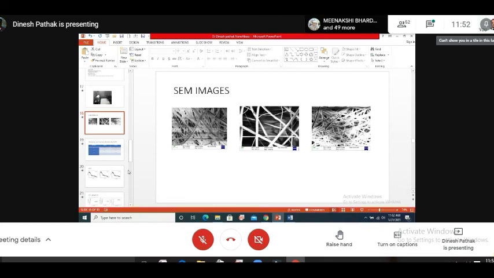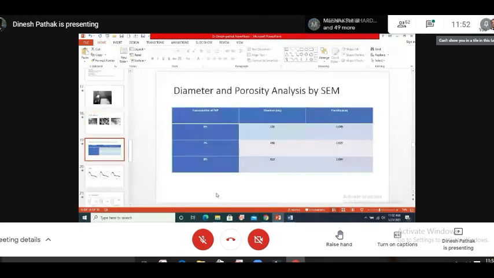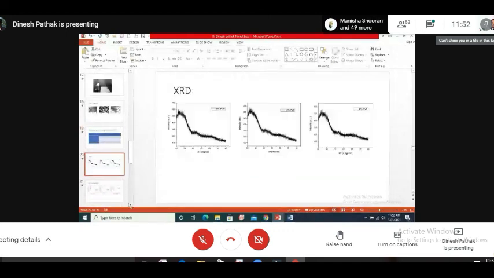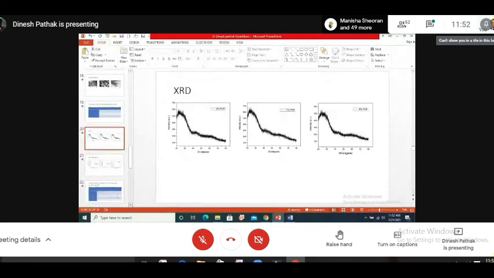So this is just data obtained from SEM that we found that porosity is of the order of this range. XRD just suggested that they were amorphous, but we were not bothered about the XRD results because when we are using nanofibers for masks, we are not interested in which kind of structure they have. But when we are going for some optoelectronic application, obviously we need to see the structure. So that is why XRD was also performed, but we found that they were amorphous.